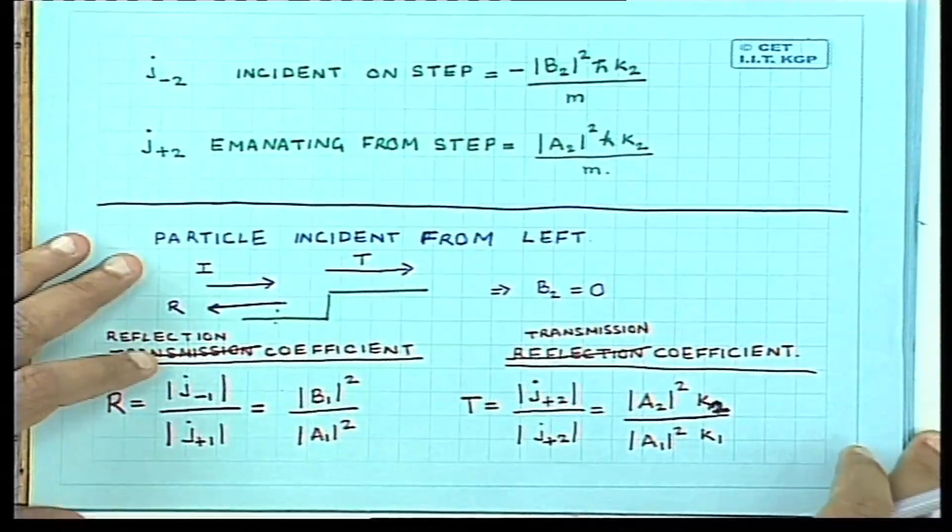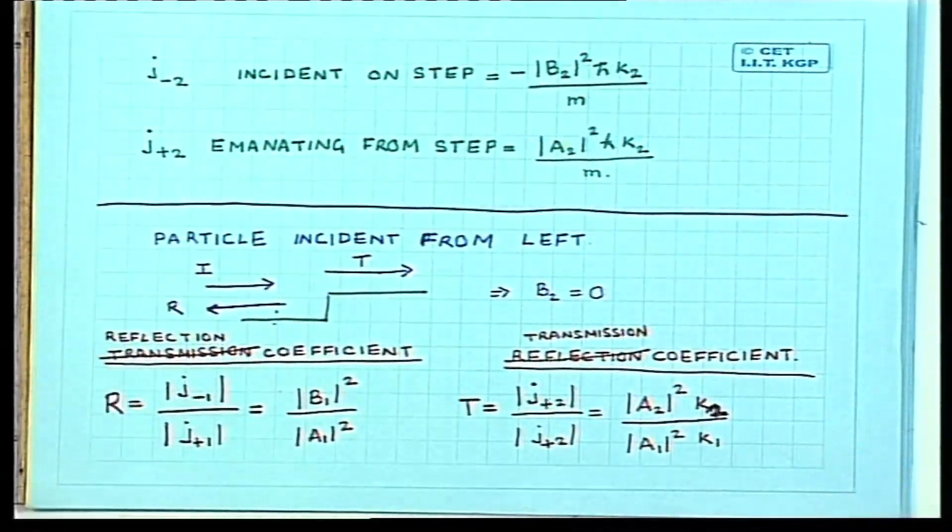Okay. So let me remind you that this is very similar to the situation in optics, which we have already presumably studied, where you have a light wave or an electromagnetic wave incident on a dielectric, say a slab of glass. If you match the boundary conditions, you will find that a part of the wave gets reflected, a part of the wave gets transmitted, and you have the reflection coefficient and the transmission coefficient. The reflection coefficient there is the ratio of the reflected flux by the incident flux.